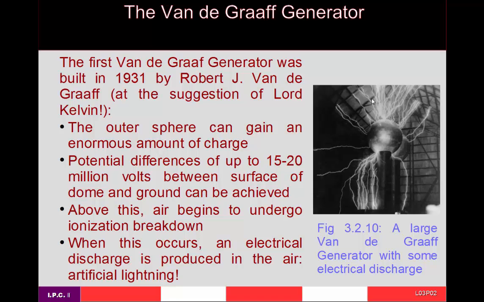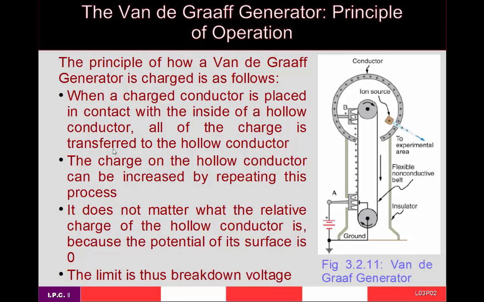So you can imagine that you'd get some effect like this where you've got air arcing, lightning bolts basically being created by this Van de Graaff generator. And so you could think of it as an artificial lightning generator. In fact, you have seen one of these before in that they make little plasma discharge balls that you can buy that light up and send off little electrical currents from a little ball in the center to a glass dome. And then you touch them and the lightning bolts move towards where your finger is, and so on. So how do these things work? Well,